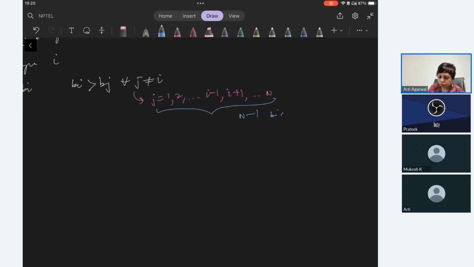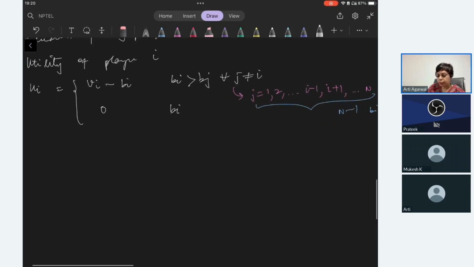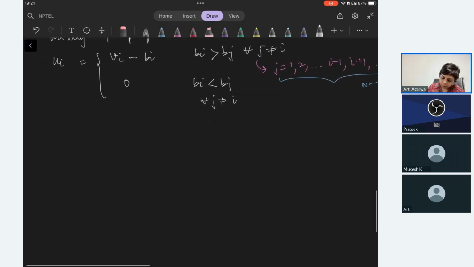Okay, and it is equal to 0 otherwise, if Bi is less than Bj for all j not equal to i. This also means the same thing. So now we are again given the same thing, the linear expression A plus C Vj. We are given that the other players are using this strategy, and we have to prove